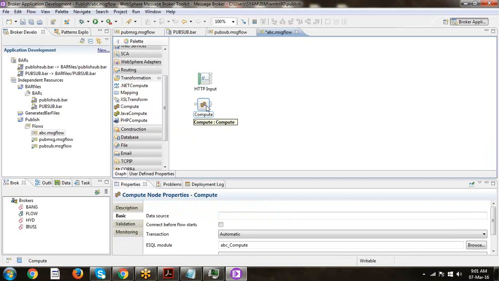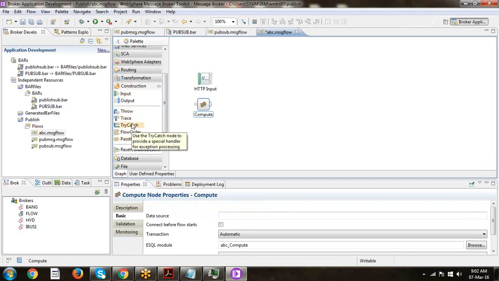Based upon the SQL language, IBM derived their own language, embedded structural query language. ESQL will be used in this compute node, Java in the Java compute node, .NET in the .NET compute node, and PHP in the PHP compute node. This .NET and PHP has been included from version 8 onwards.